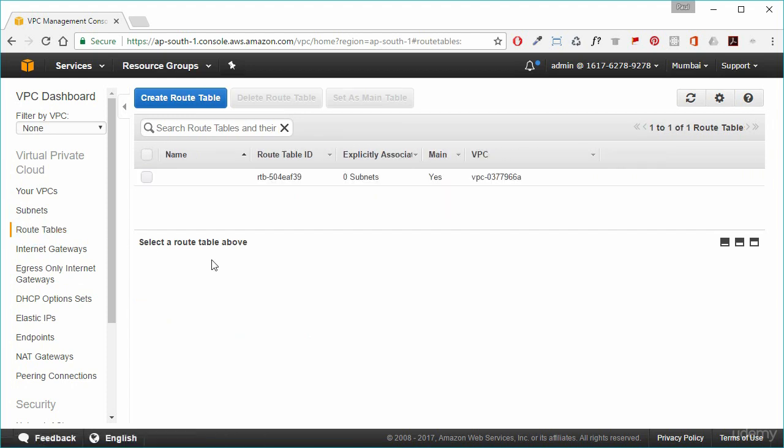So if we have a look at our route tables here, we can see that the route table we have associated to our public subnet has not been explicitly associated. What that means is that because it is associated as the main VPC route table, any subnets that are created will implicitly have that associated to it